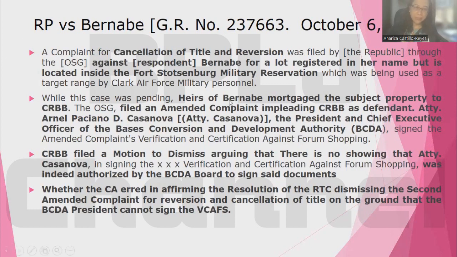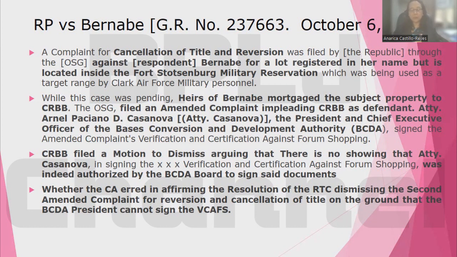Republic versus Bernabe. So this is a complaint for cancellation of title and reversion, which was filed by the Republic against Bernabe for a lot registered in her name but is located inside a military reservation. Now, while this case was pending, Bernabe mortgaged the property to CRBB. Now, the OSG filed an amended complaint impleading CRBB as defendant. The President and Chief